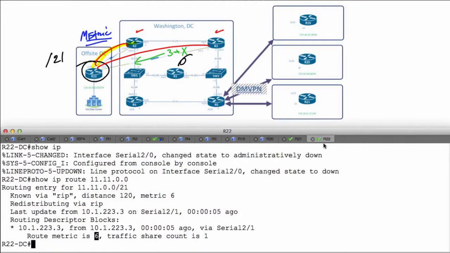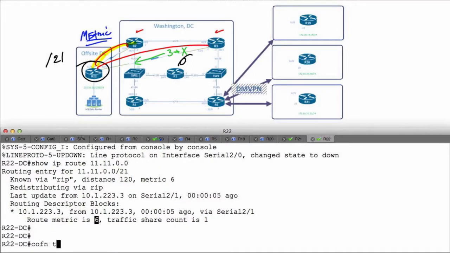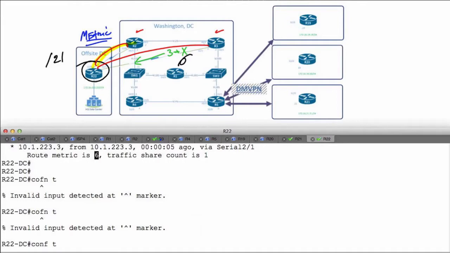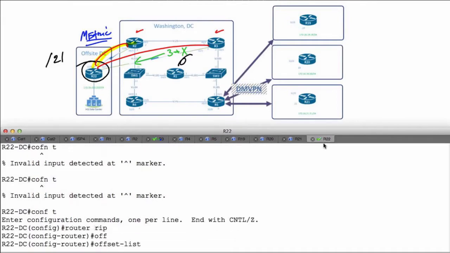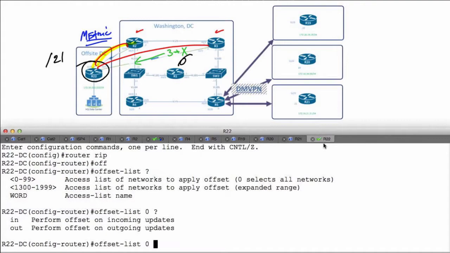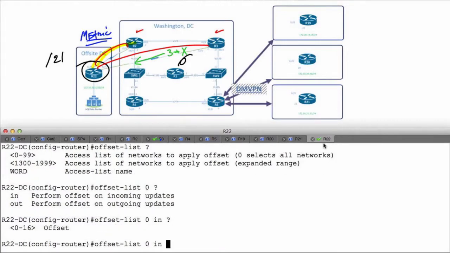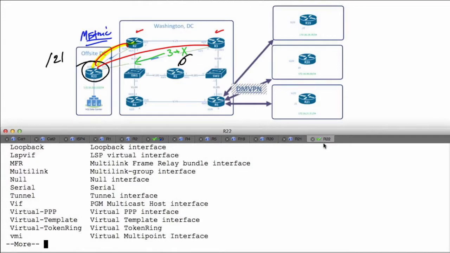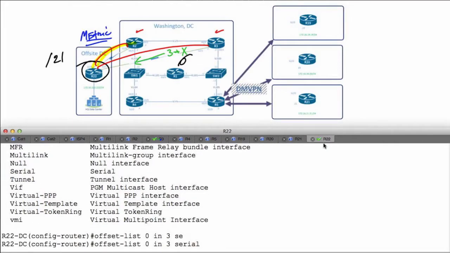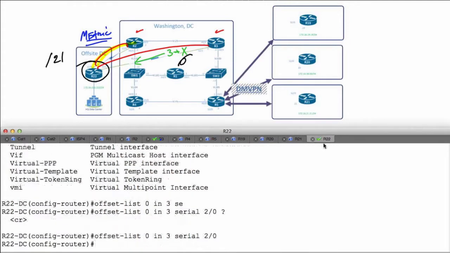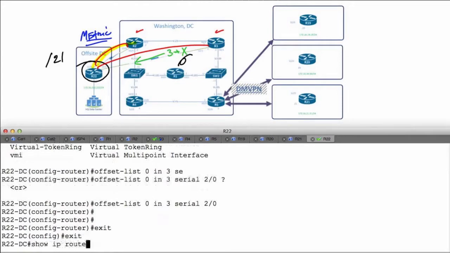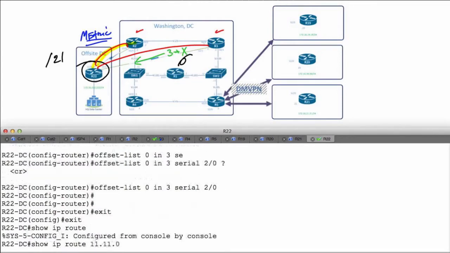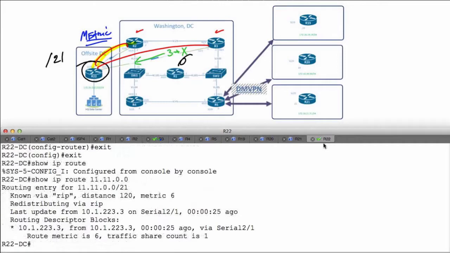Let's go over to R22, config t, router RIP. What I'm going to do now is say offset-list 0 in, and I want to add 3. I'm saying anything that comes into serial 2/0. And now when I look at this, show ip route for 11.11.0.0,